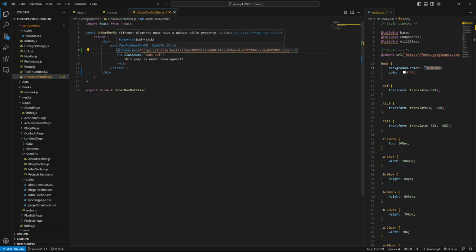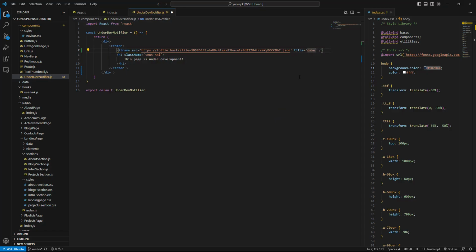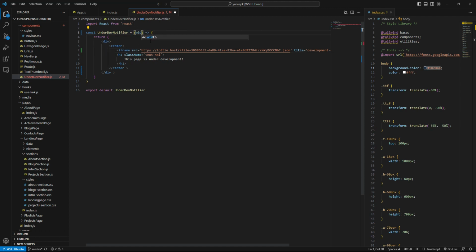Every iframe should have something unique. Elements must have a unique title prop. Okay, title, title, title. What the title would be here is development animation. We're gonna have width defined by a prop. What prop?